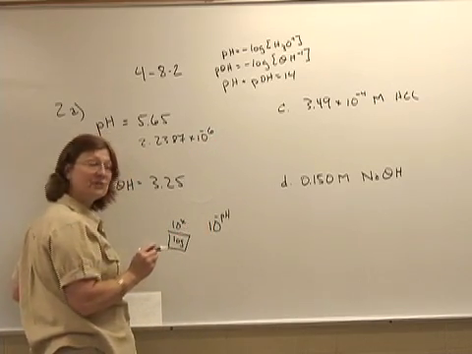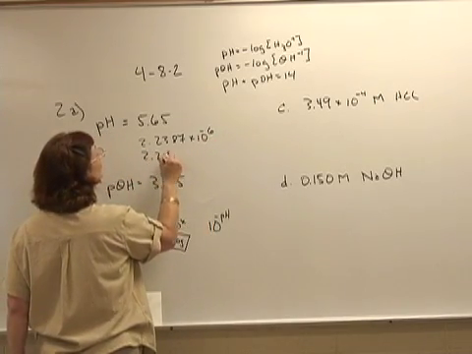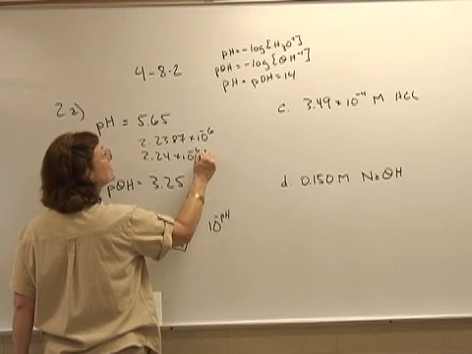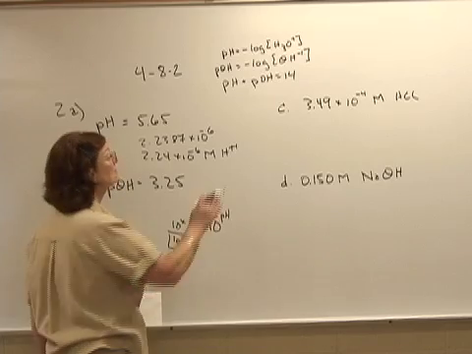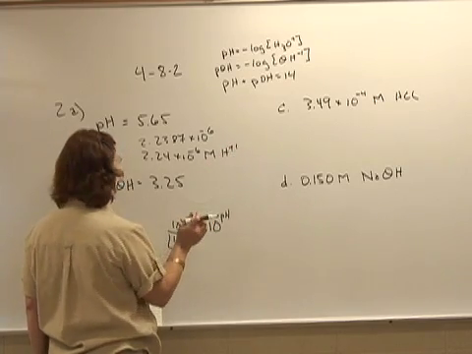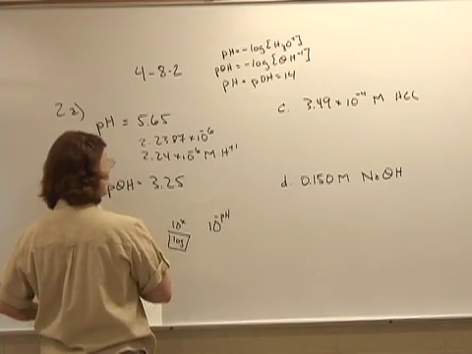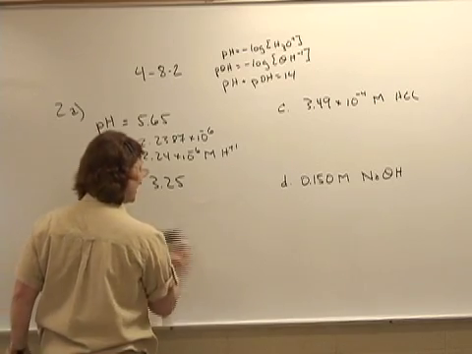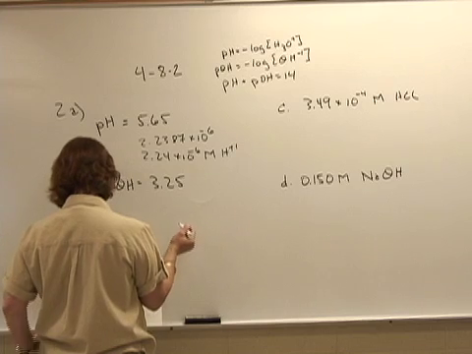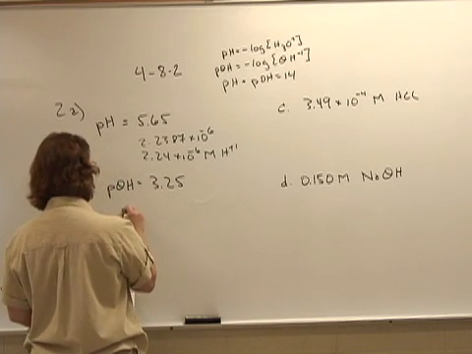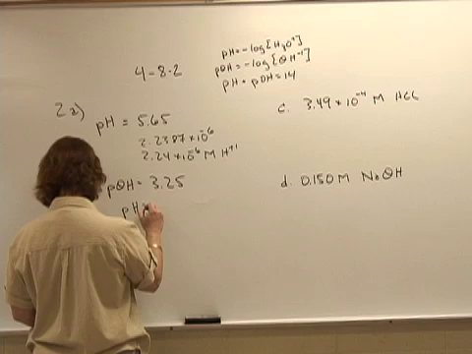Then I round to the hundredths place. 2.24 times 10 to the minus 6th molar hydrogen ions or hydronium ions. That's a +1. Now here I'm given a pOH, and I know that the pH plus the pOH is equal to 14. So I will subtract it first. And I get a pH of